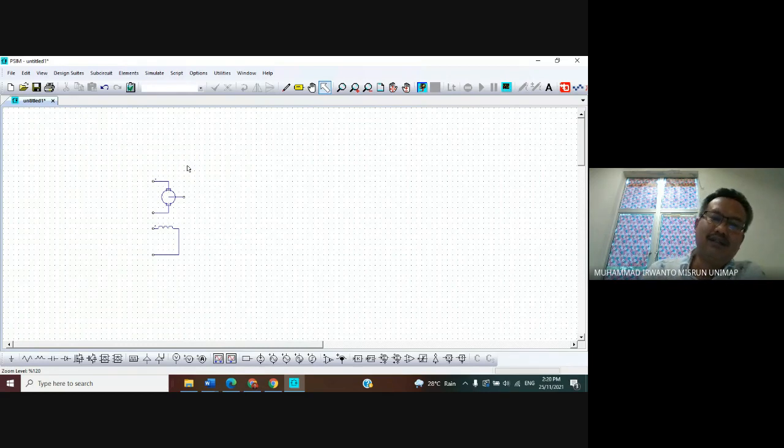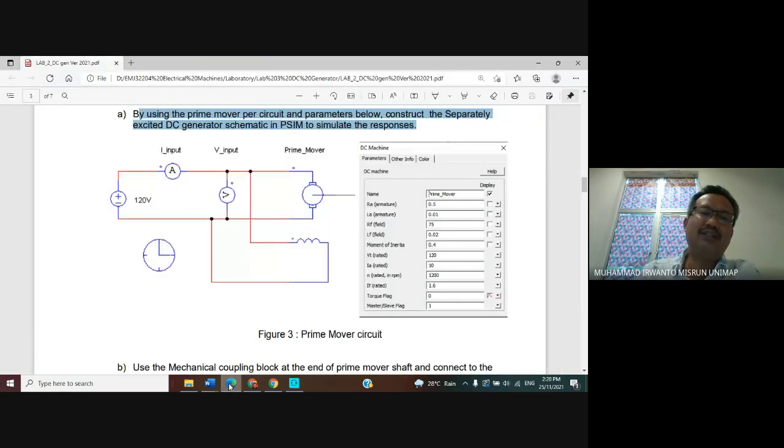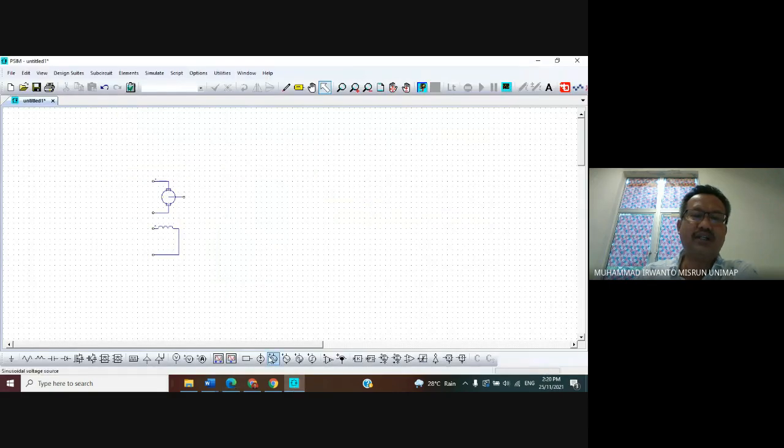Okay, and then we need the DC voltage source. The DC voltage source can be obtained by clicking the menu bar DC voltage source below, here. I think everybody can see. Click the DC voltage source, drag, and place it like this.